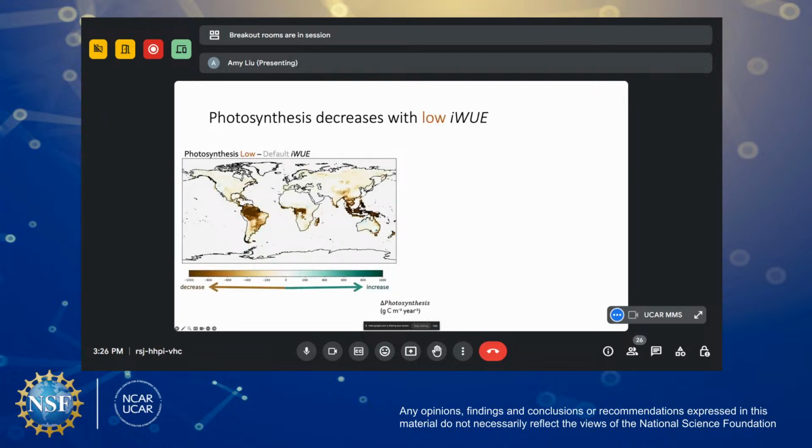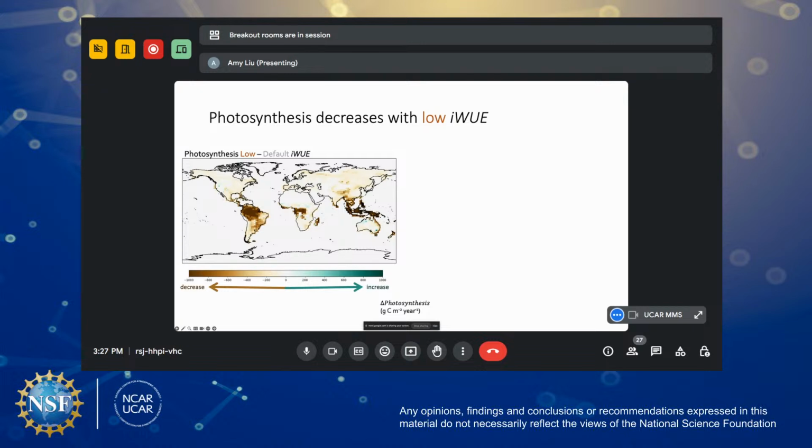So this is a spatial difference plot of the low intrinsic water use efficiency minus the default intrinsic water use efficiency simulation, where brown represents a decrease in photosynthesis and green represents an increase in photosynthesis. We generally see decreases in photosynthesis across the globe. So the theory for this is that as we decrease intrinsic water use efficiency, we're forcing the plant to open their stomata and transpire more. And with greater transpiration rates, the plants are getting water stressed. So they decrease the number of leaves they want to support, and a decrease in the total leaf area would decrease